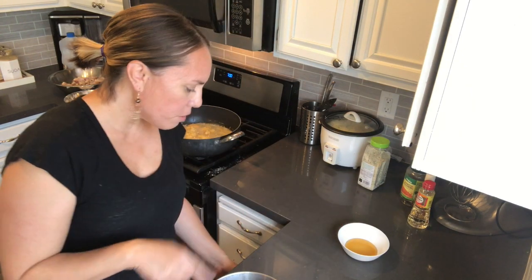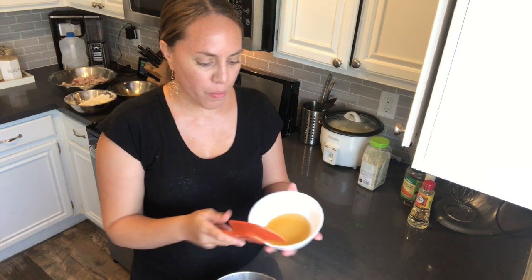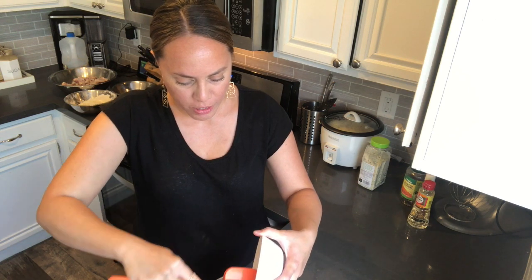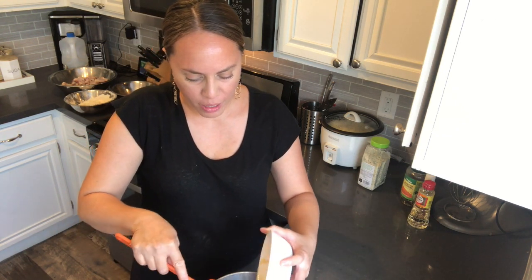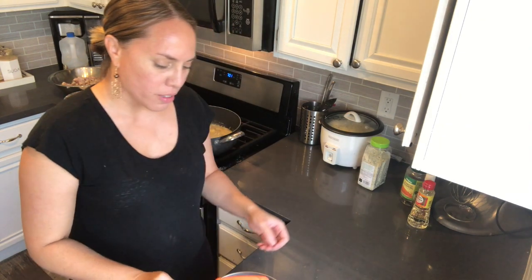Okay, so to that we're going to take some honey. The reason why I use honey is because I think it just thickens up the sauce. It's kind of like glue. It just sticks to the chicken really well. I add another layer of sweetness to the dipping sauce. Okay, so to that,